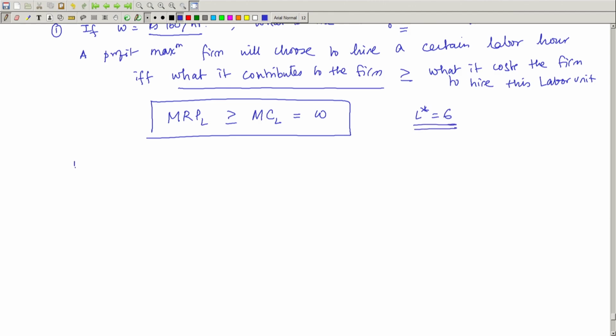I want to find out what the profit of the firm is. Well, what is the profit? Profit is going to be the total revenue minus the cost of labor minus the cost of capital. Essentially, the total revenue minus the total cost. The total cost includes my cost of labor and my cost of capital. Well, what is my total revenue? Total revenue is essentially the price times the quantity,